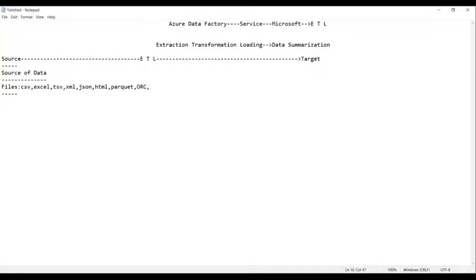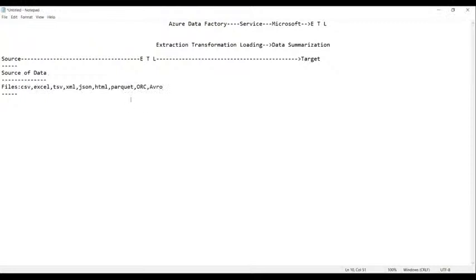Then we have Avro files and Dat files. These are all the various types of files where we can find the data, or we can get the data.